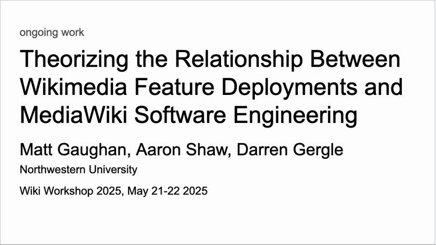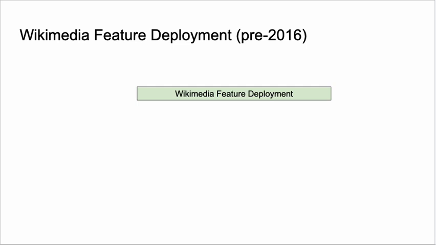Today I'll be presenting on some research that we're currently working on, looking at the relationship between Wikimedia feature deployments and MediaWiki software engineering. Let's start with a simple model of a Wikimedia feature deployment. As a note, all of the case studies that we look at in this project are from feature deployments that happened before 2016. So our model and diagram of a feature deployment is kind of mapped onto a pre-2016 way